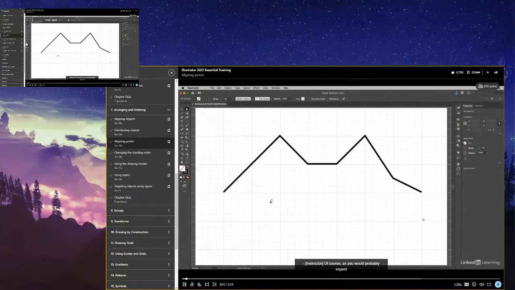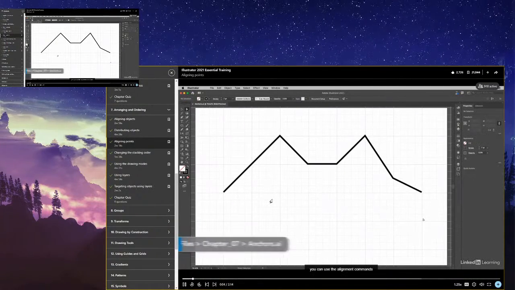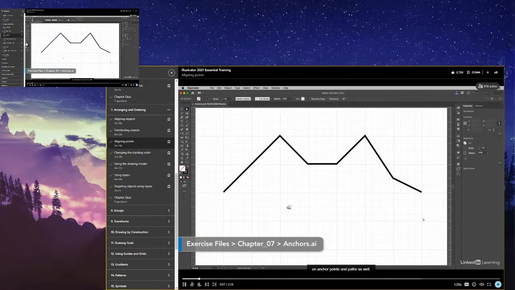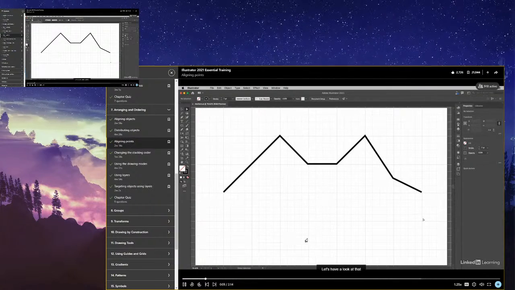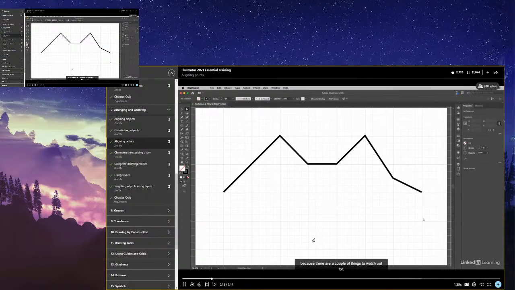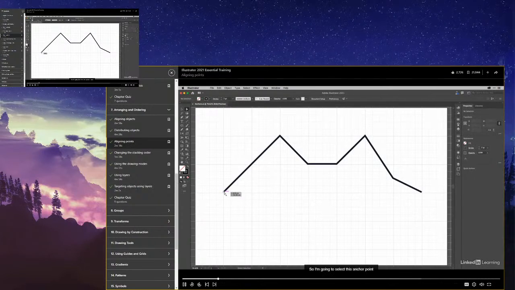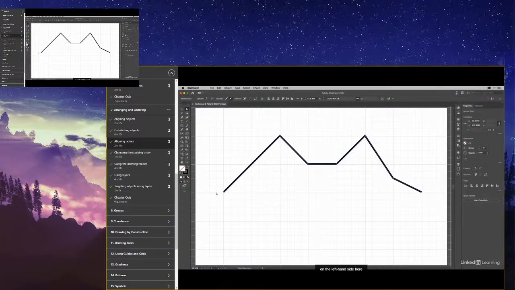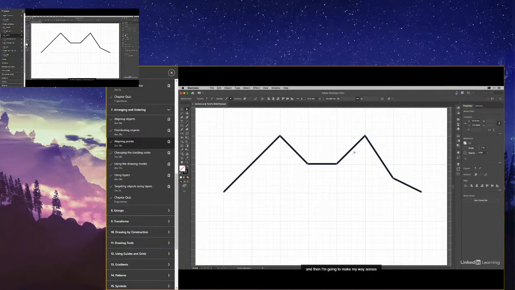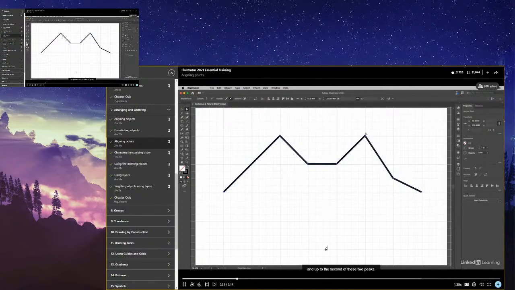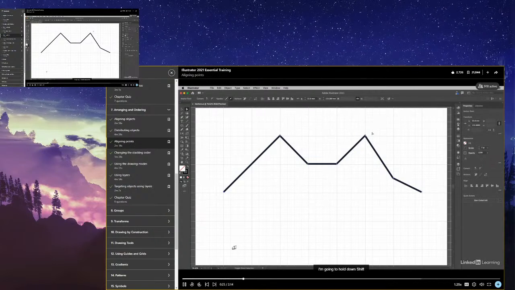Of course, as you would probably expect, you can use the alignment commands on anchor points and paths as well. Let's have a look at that because there are a couple of things to watch out for. So I'm going to select this anchor point on the left-hand side here, and then I'm going to make my way across and up to the second of these two peaks. I'm going to hold down Shift